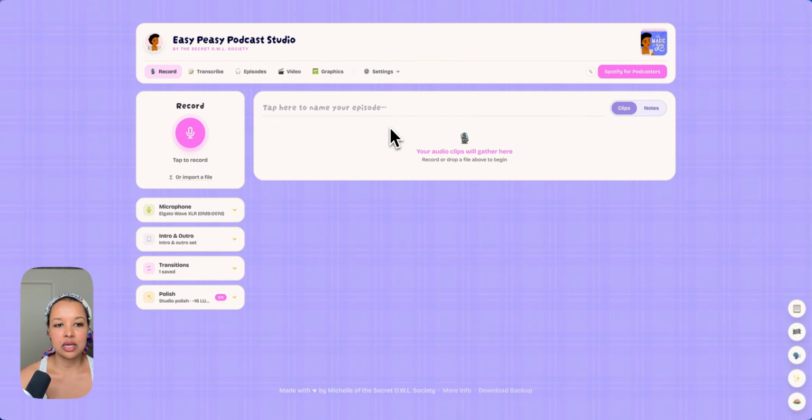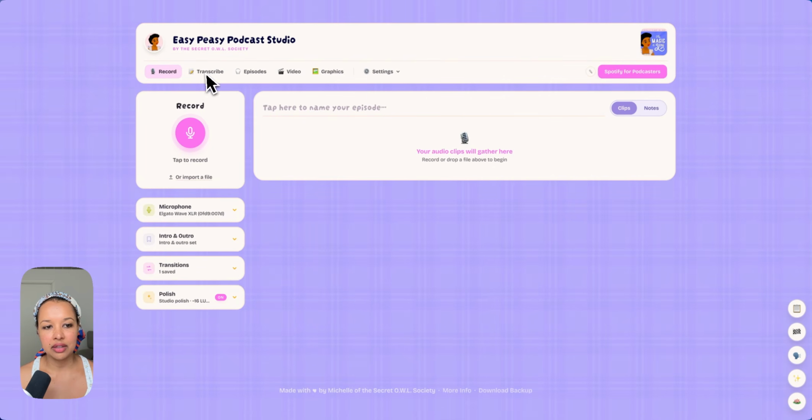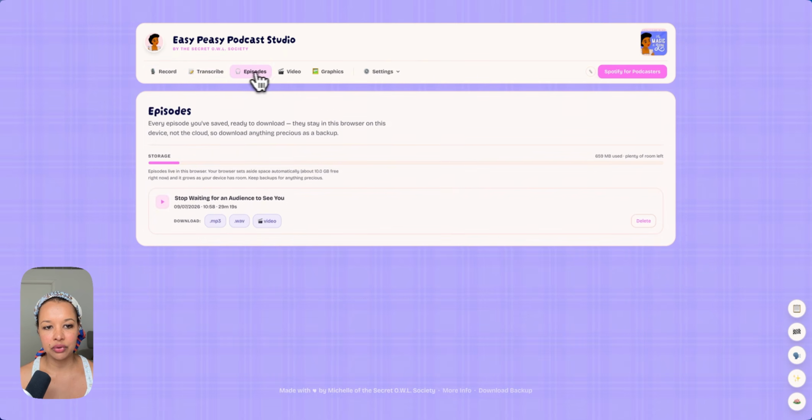In this video, I'm showing you how Easy Peasy Podcast Studio works. I'll probably do another video soon because I'm still making tweaks and improvements, but here is how it works right now. So this is what it looks like when you land inside, and we have several tabs for different parts